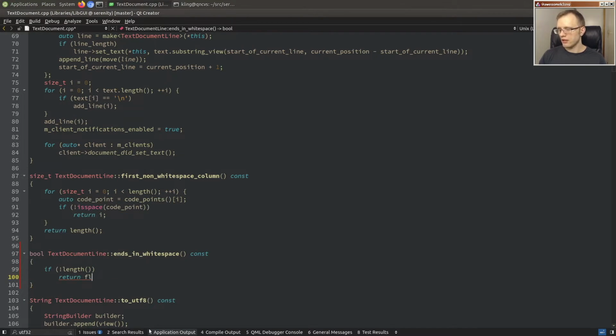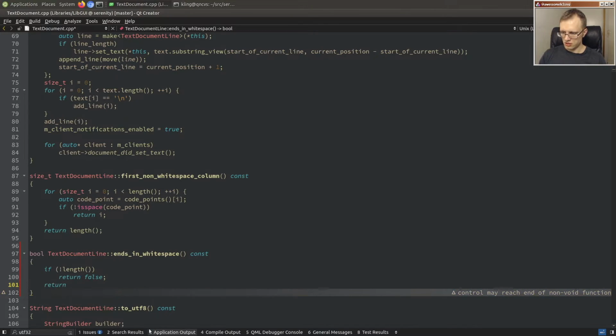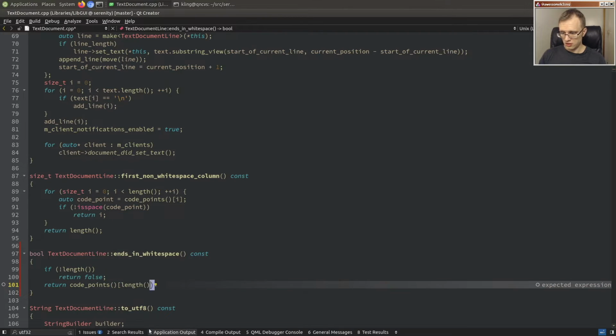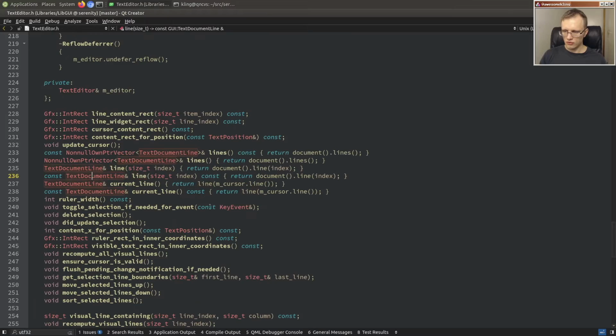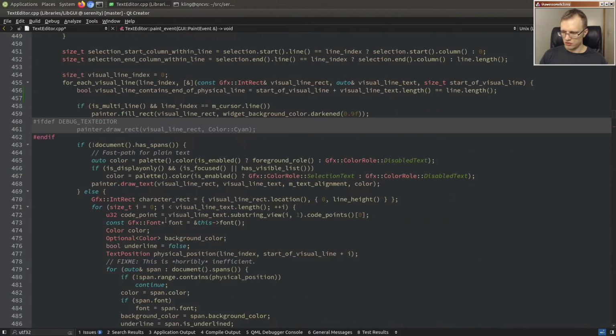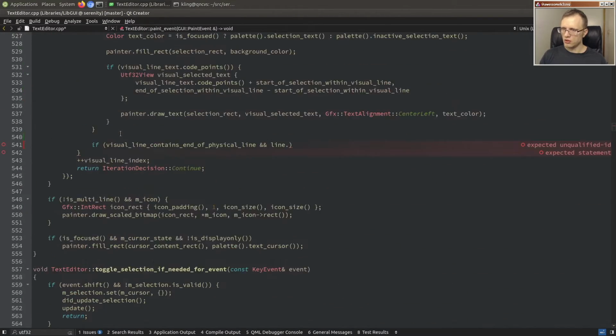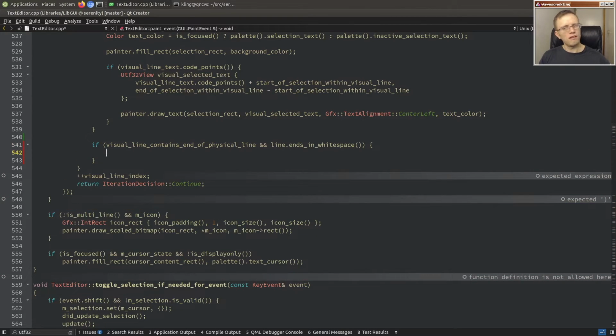If this is 0 length, then we say you don't end in whitespace. Otherwise, we'll say return code points length -1 if that is a space character. Yeah, that works for me. Okay, so if visual line contains end of physical line and line ends in whitespace, then what we got to do next